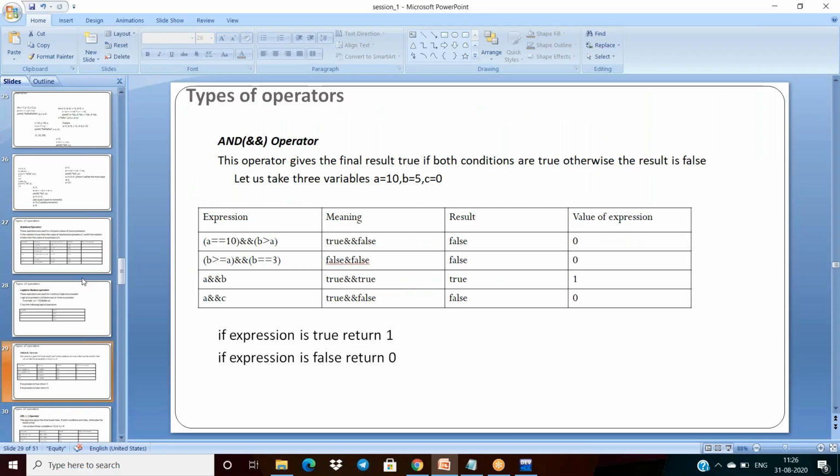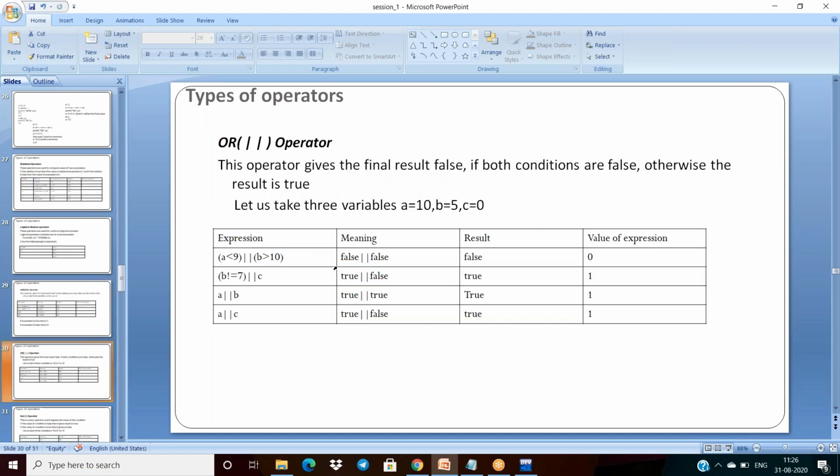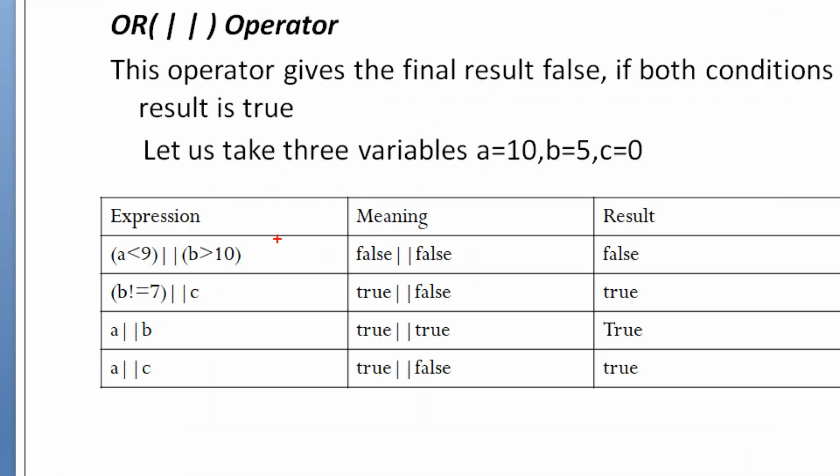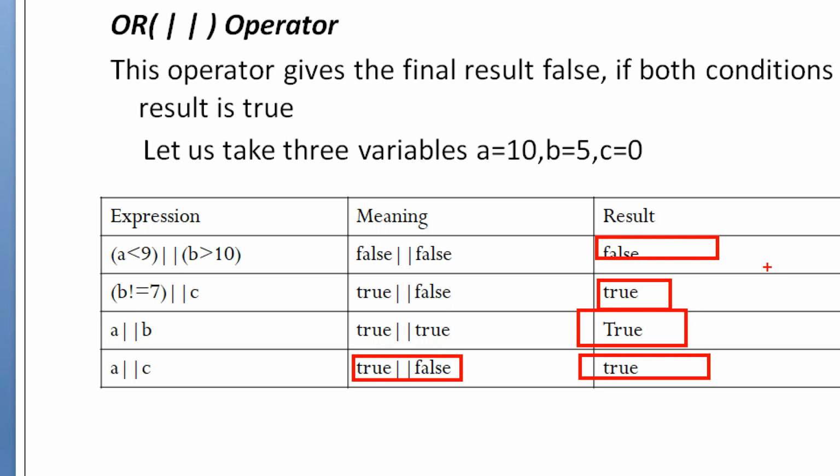Okay, then what about in the case of OR? OR means what? How is the truth table of OR? If any one of the expressions is true, the resultant is true. Remaining will be false. That's all. See here, true, false: one is true, that is why true. True, true: true. False, true: true. But false, false is false.